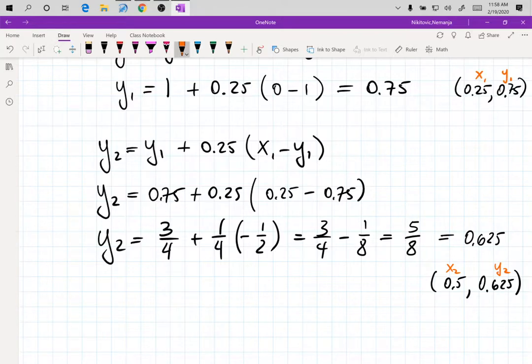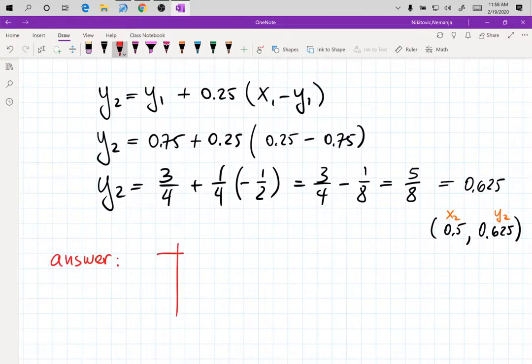Now, what is your answer? I'll write it in blood. Your answer is not just the last point. It's all 3 points. Because when you plot all 3 points, you can draw a function or a curve. Maybe it's not a function, right? You draw through those 3 points. So your answer is,